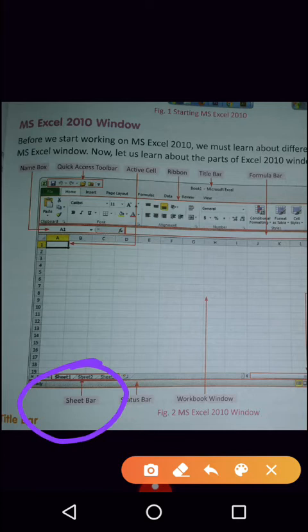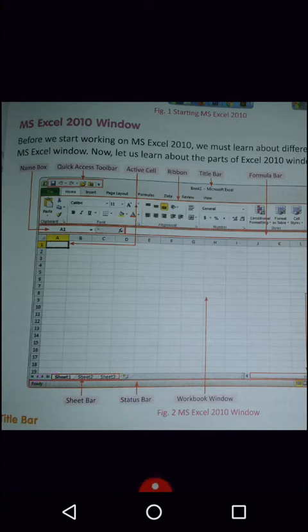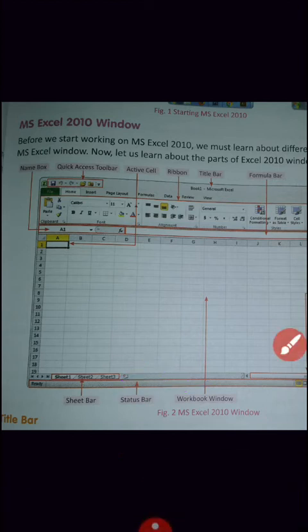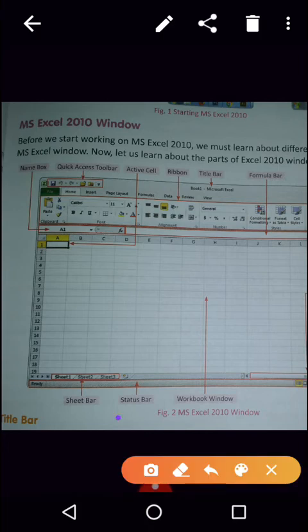So here it is showing sheet 1, sheet 2 and sheet 3. If we add more, then it will show like this, sheet 4 or whatever name we give. Okay, status bar shows the status of the sheet, whether we are on sheet 1, sheet 2 or sheet 3, or how many sheets we are using in a workbook.